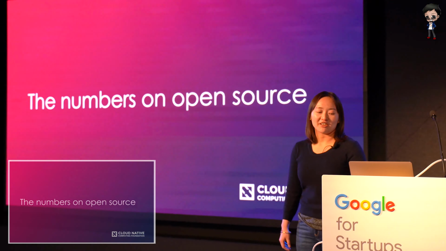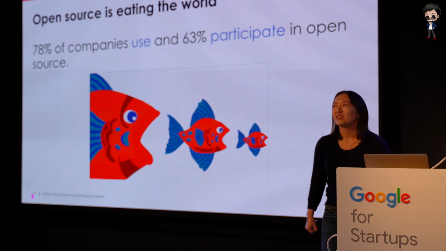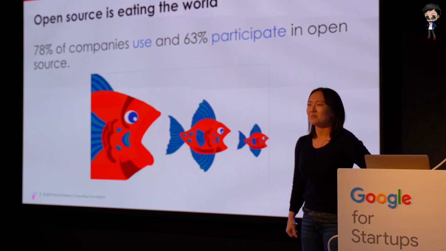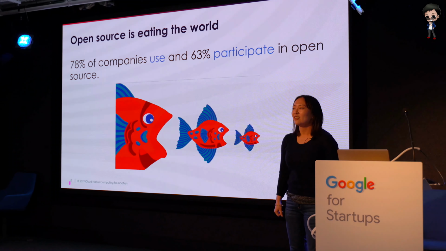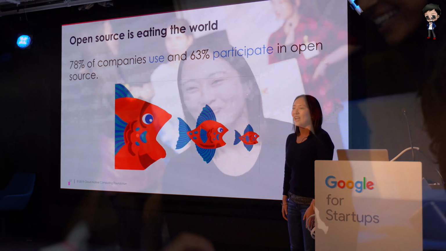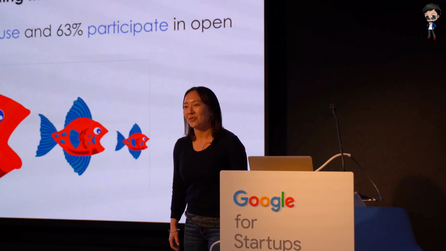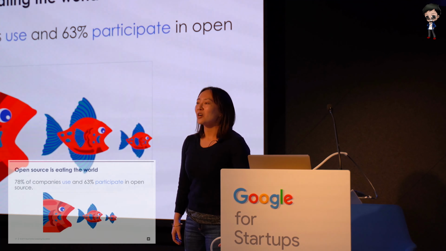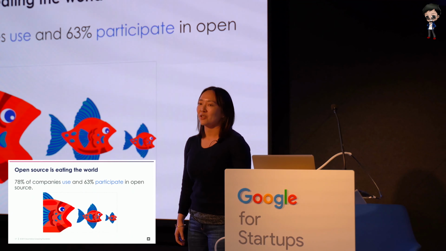Let's look at open source generally. Open source is eating the world. Close to 10 years ago now, I think it was Mark Andreessen who said, software is eating the world. Every company will be a software company. And nowadays, we can say open source is eating software. So more and more companies are choosing to get involved with open source